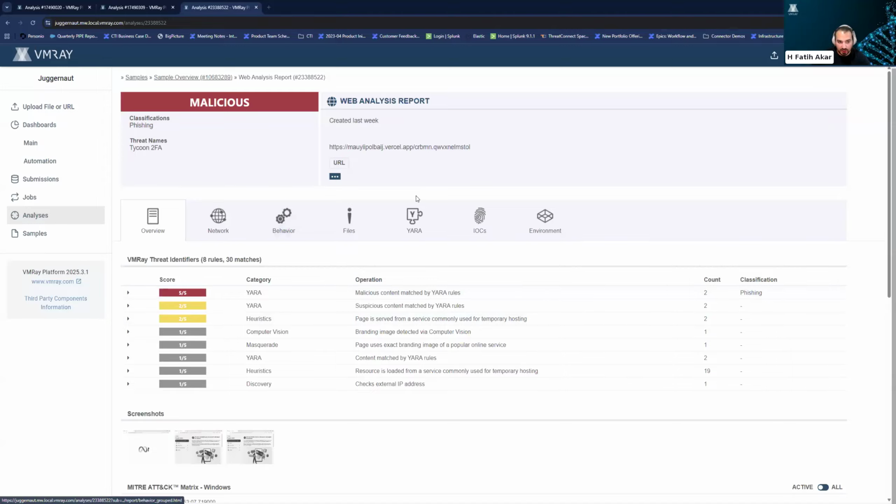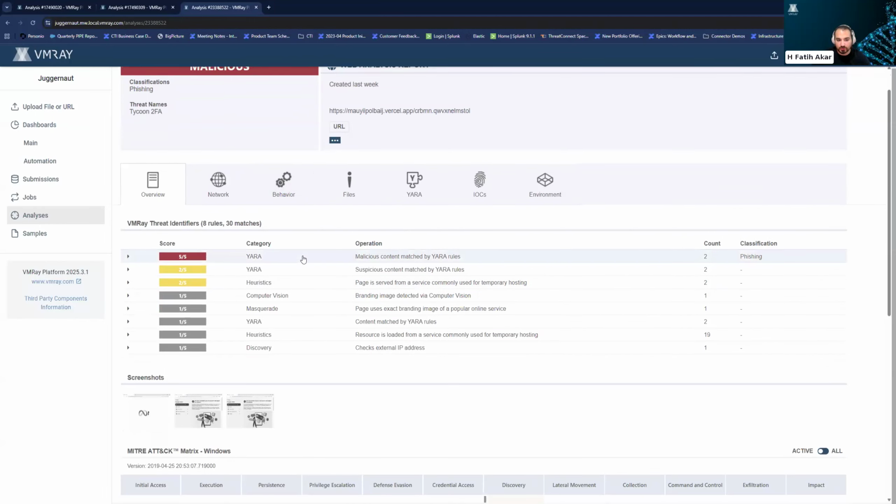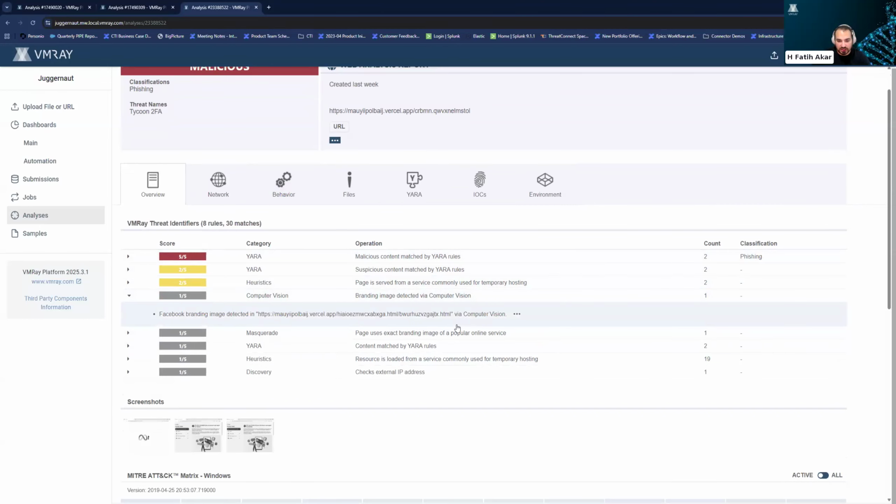So here, on a sample that we have, which is classified as phishing, malicious, right? We scanned the YARA rule. We were able to match a heuristic rule and some discovery related behavior which checks external IP addresses and so on and so forth. But this VTI, although the score is not really high, just gives you a lot more context